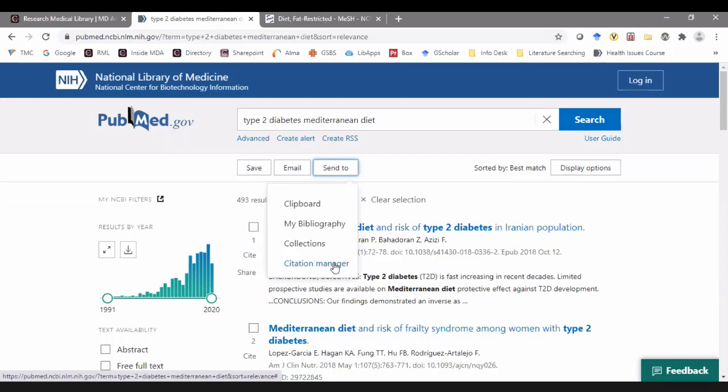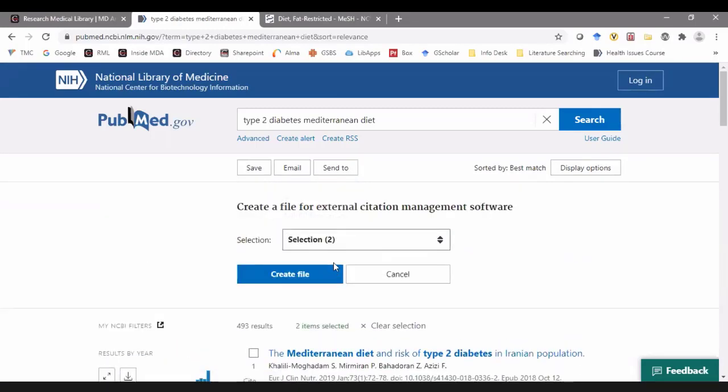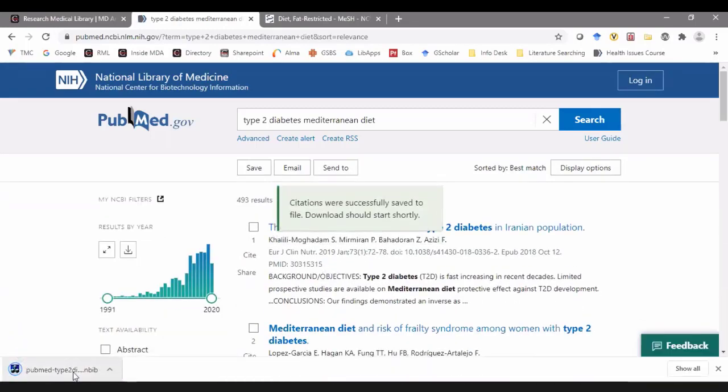EndNote is what MD Anderson uses, that we support for citation management software. So you could then say, create my file, and it creates the file of the results that you can pull into EndNote and format however you wish to use. But I just learned recently some people don't, they actually use the reference